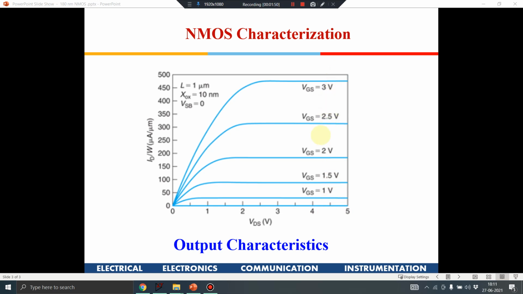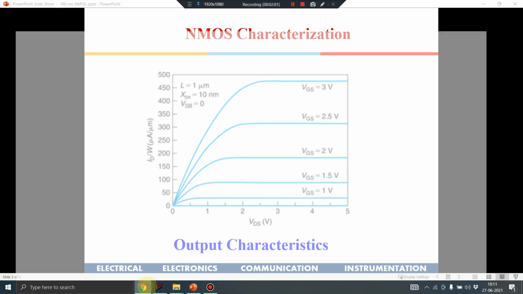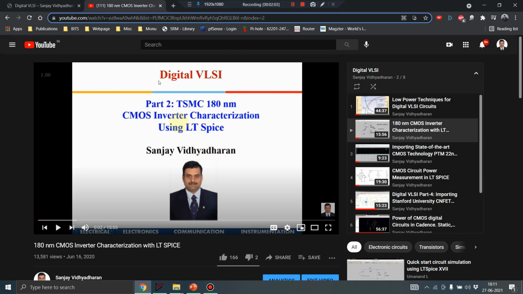So we need to plot these two. I am going to demonstrate to you how these two plots can be obtained in LTSpice, right? For that, first and foremost, you need to install the TSMC 180 nanometer MOSFET model files, right? For that, if you have not done it till now, then you can go to my YouTube